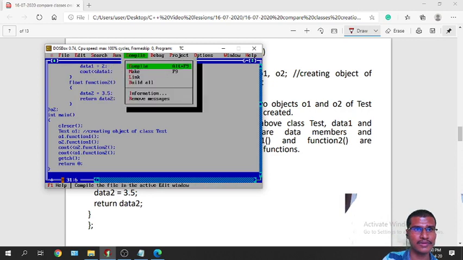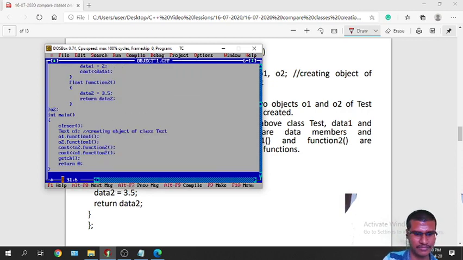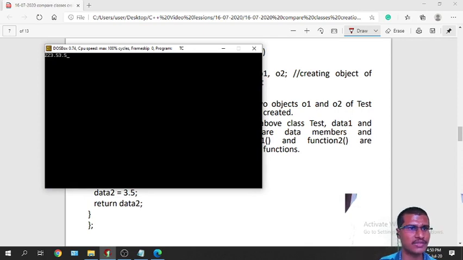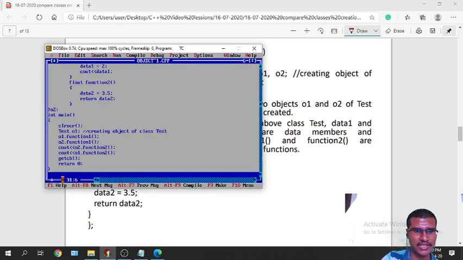So I will compile this program. I will run. Okay, so it is displaying. As I didn't mention any new line, it's better to mention endl, which is like a slash n.